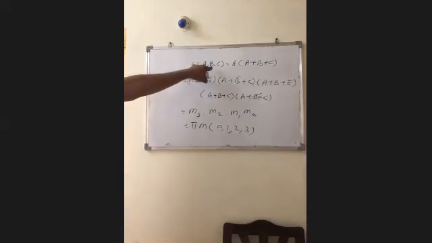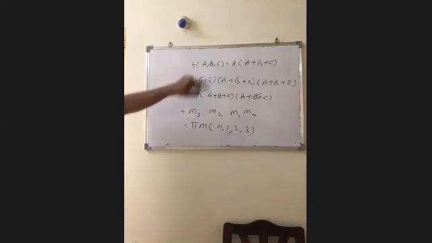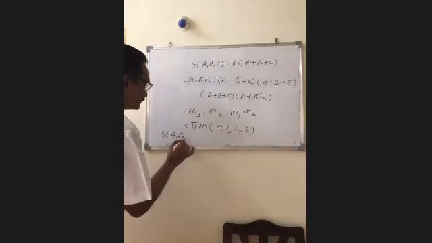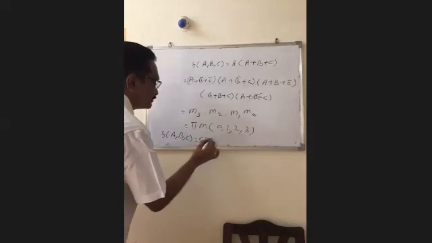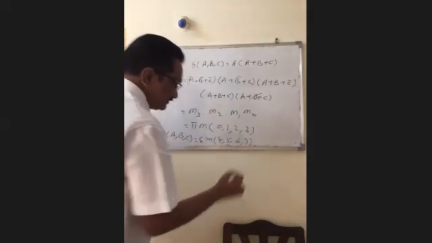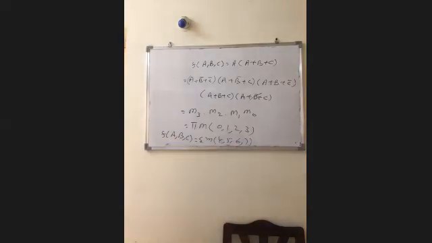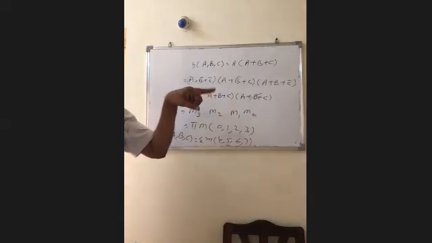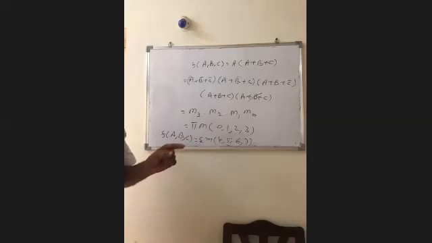For the same expression, the equivalent canonical SOP expression is sigma small m of the remaining terms 4, 5, 6, 7. This is the procedure to convert the given standard POS expression into canonical POS expression.